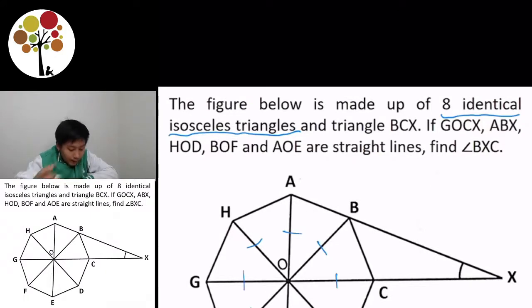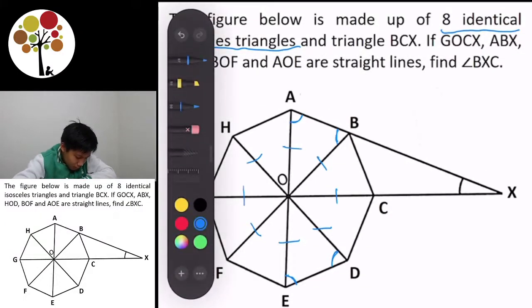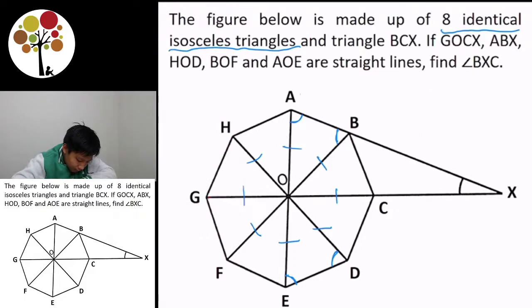In an isosceles triangle, the two angles at the bottom are the same. So for example, this angle here and this angle here are the same, which is also the same for basically all the others. So if GOCX, which is this line, I'll do it in red. So GOCX, this is one line, and ABX and HOD,